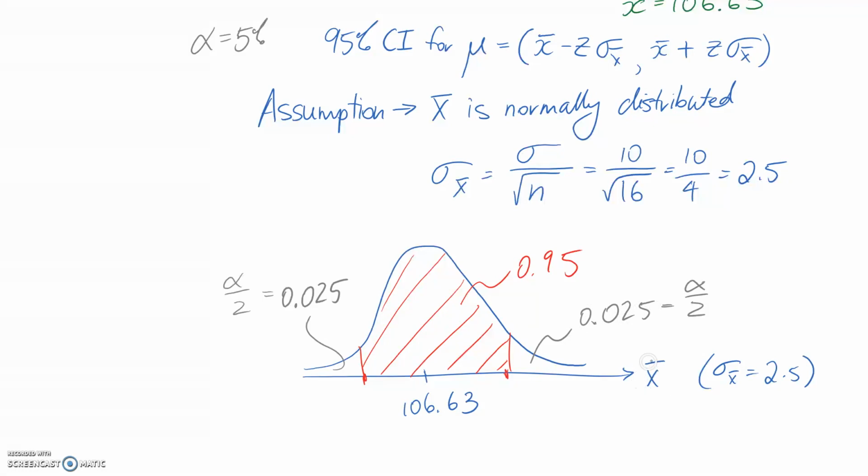Alright, so this is currently in terms of x bar. In order to look this up in tables though, we're going to need to flip it into z, and of course z is what's going to end up in our equation up here as well. So when we convert from x bar into z, we know that the mean here ends up going to 0, and we need to find where this boundary actually lies. So if we take note that this upper part here has an area of